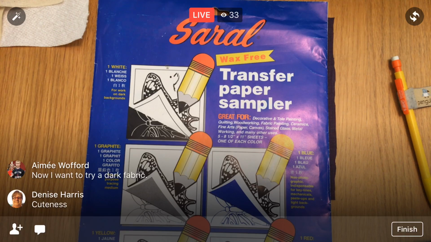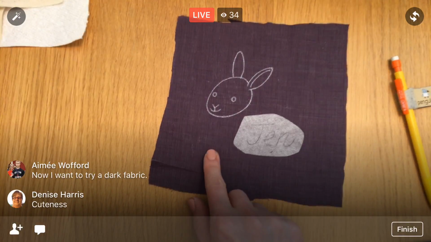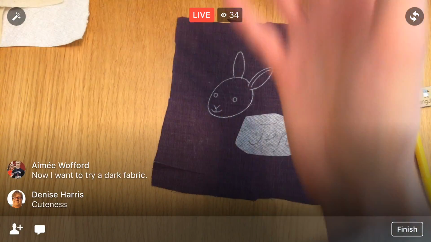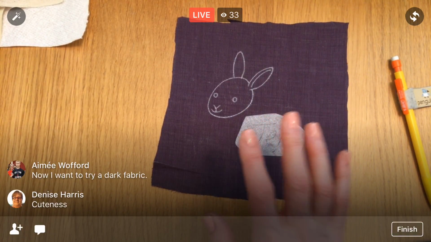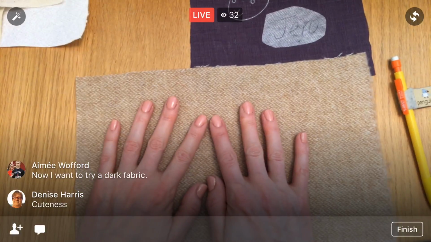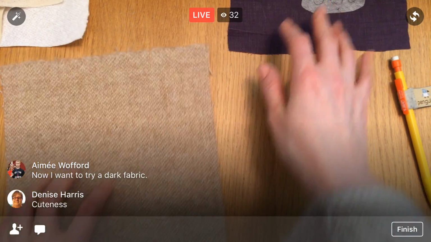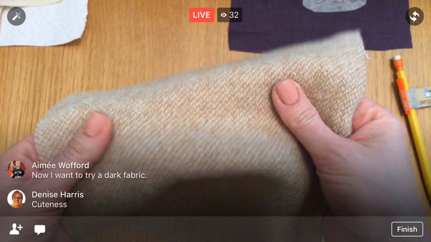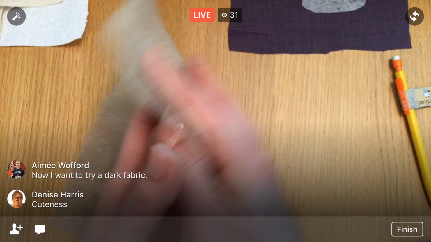Okay, so that's what you do if you have a dark fabric like that. So, all right, here are some other scenarios you might want to consider. What do you do with a felt? Embroidery is so pretty on felt,